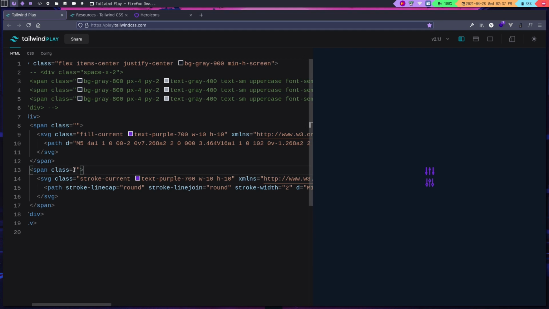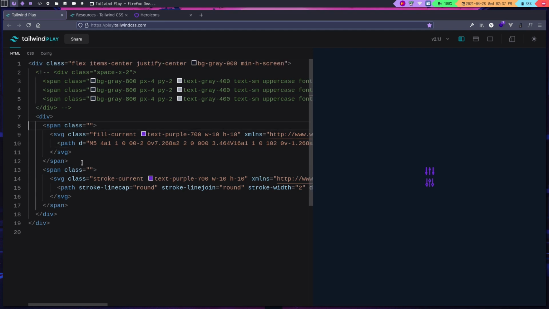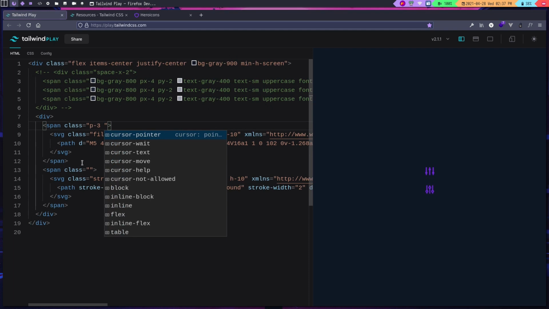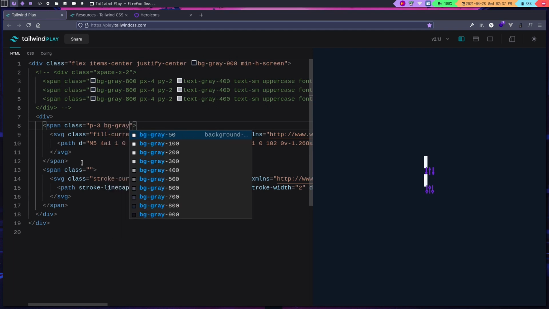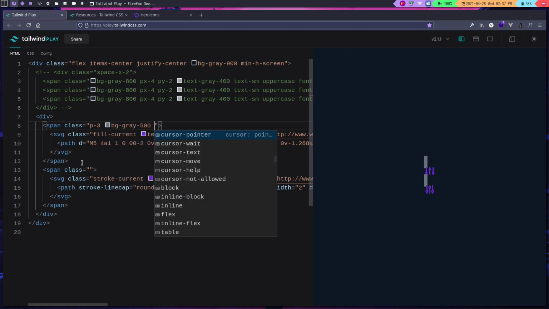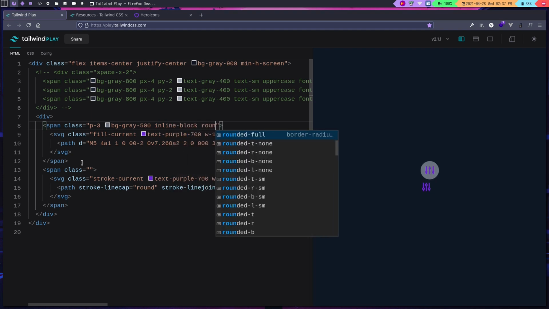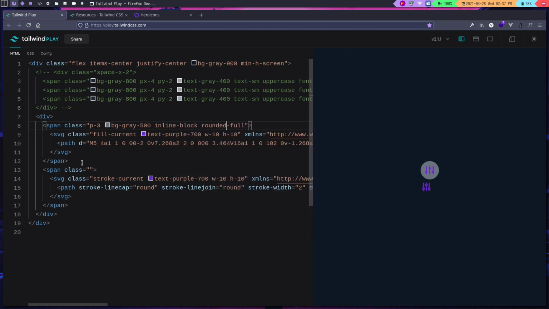Now let's add some properties to the span class just to make them a bit better. Let's add p-3 to add padding on all of the sides, then add bg-gray-500, and also you need to add inline-block. Okay, now add rounded-full. Actually, let's go with 300.